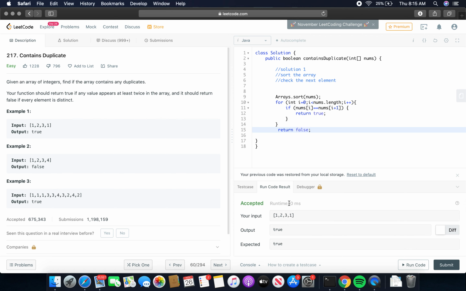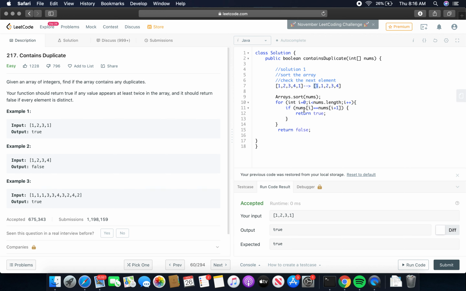So I think it's getting submitted. We'll just go over the explanation part. So let's take 1, 2, 3, 4, 1. Arrays.sort will just sort this array, 1, 1, 2, 3, 4, in ascending order, and then there will be a for loop. i is equal to 0, 1 is there.